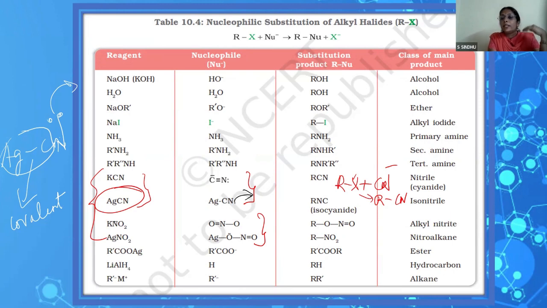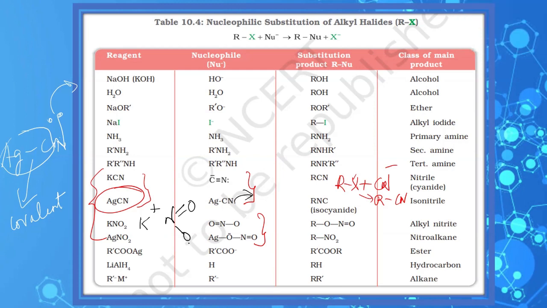And similarly, when it comes to potassium nitrite and silver nitrite, we are getting two different compounds. Potassium nitrite is K plus NO2 minus, N double bond O. So here the attack is through oxygen. The NO2 minus anion bonds through oxygen, and the product is named as alkyl nitrites. The R-O-N double bond O is bonding through this oxygen to the alkyl part, the carbon,